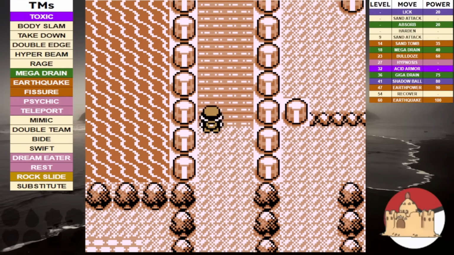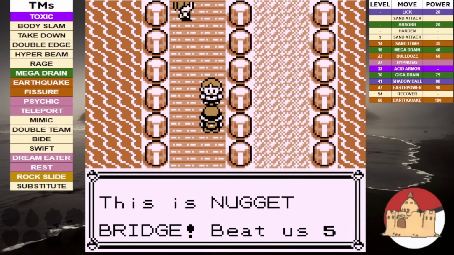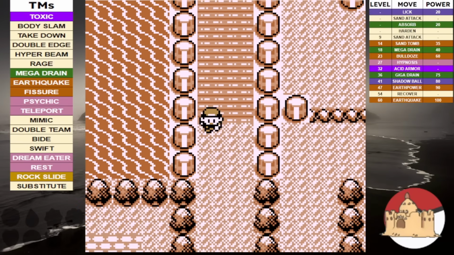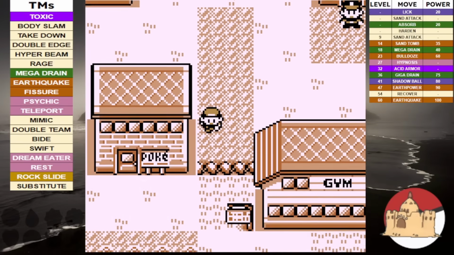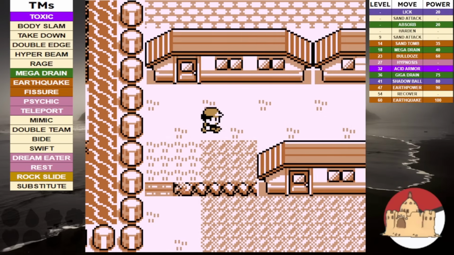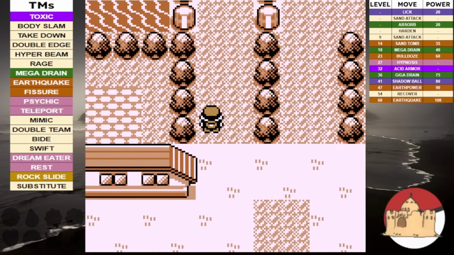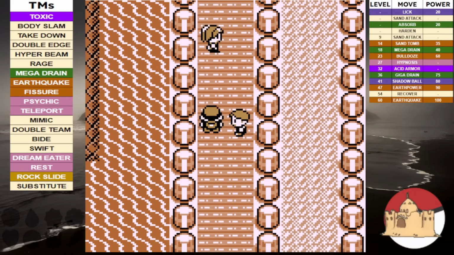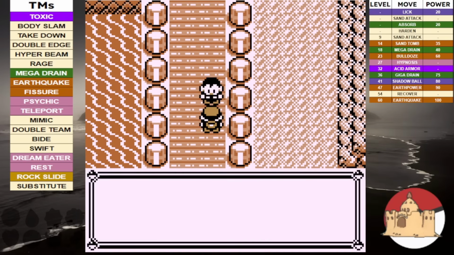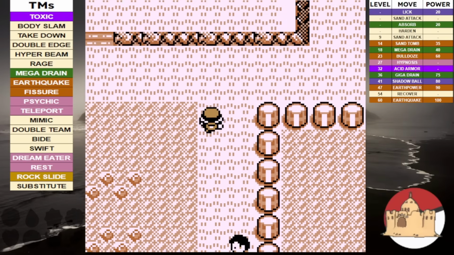Well, Nugget Bridge is going to require even more. The one saving grace is that there's a hidden elixir after I make it past the 5 mandatory trainers and the Rocket Grunt at the end, but I need to defeat a Hiker in order to access it. I do end up backtracking to the Pokemon Center after only the second trainer, as you see on screen. I got Sand Attacked to all hell, and I need more Mega Drain PP in order to get through the